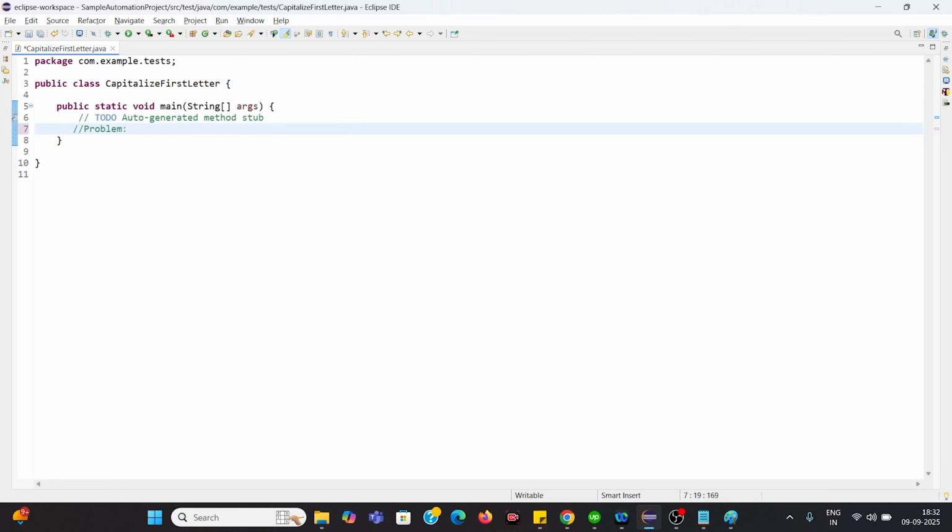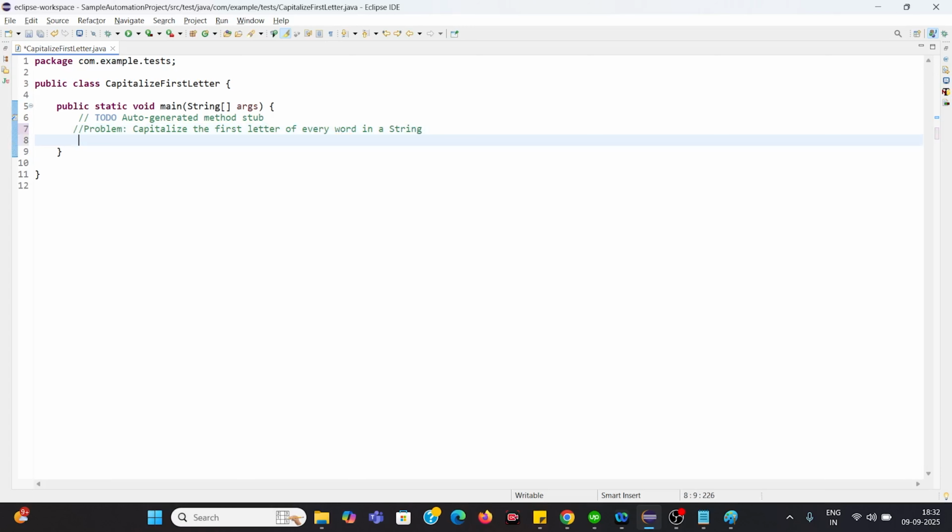That is basically: capitalize the first letter of every word in a string. So, for example, if I say input as "java is fun"